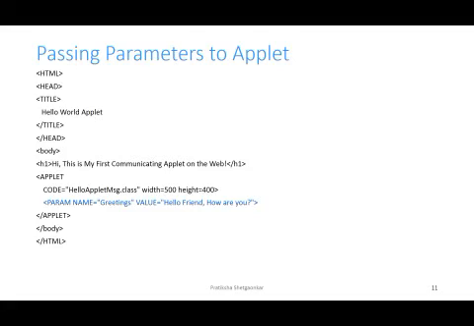Next we will see how we can pass user defined parameters to the applet. This can be done by using the param tags available in applet, and each param tag has two attributes, the name and the value. For example, the name can be color and the value can be red, and so on. This is included in the applet tag of the HTML document where we embed the applet. So this is an example of how we can pass the parameters.